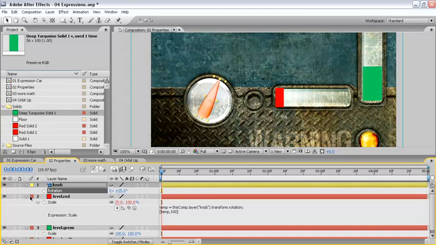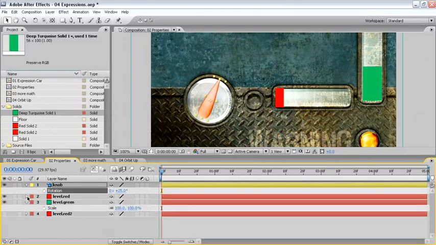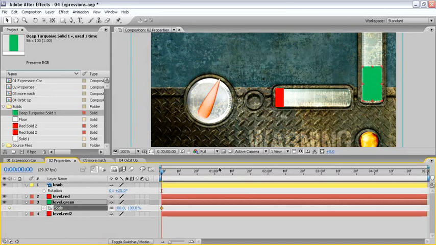If we take a look at the green layer by closing up the level red layer and set up a small scale animation, we can see that, again, both of these scale parameters are linked. Now, by scrubbing in the timeline, we can see that there is an animation for the green layer on the